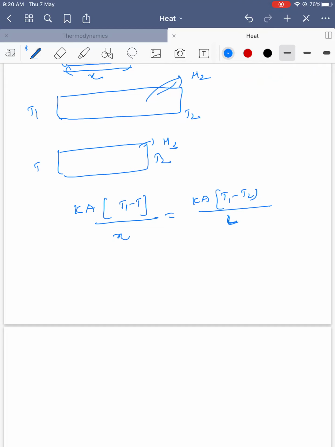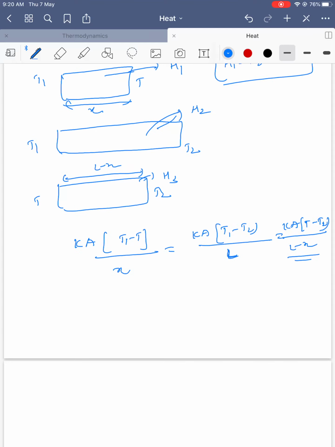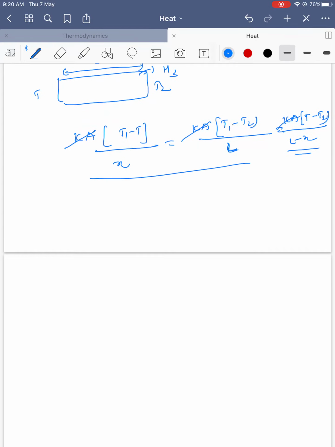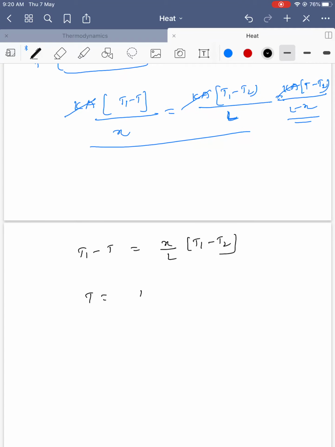Okay, and it is also equal to Ka into T minus T2 by the length of the other section, which is L minus X. So we can use any two relations to get the temperature at any position. Ka gets cancelled. I am using the first two relations to solve. So T1 minus T is equal to X by L into T1 minus T2. So T is equal to T1 minus X by L into